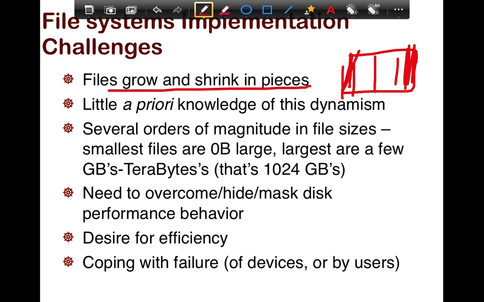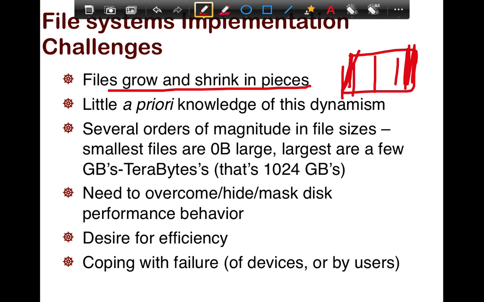Files also tend to be of different sizes, going all the way from a few bytes to a few terabytes, which means the allocation policies would also need to change. The allocation policy you use for small files will be very different from large files, because with small files you don't really care about expansion and they're pretty small, so you just allocate continuously. But with large files it may not be possible to find such large continuous chunks, which means you need to use some kind of linked list allocation, which has its own pros and cons.